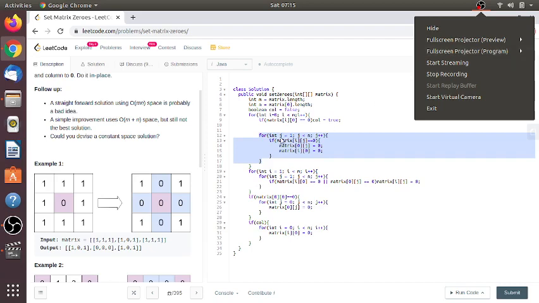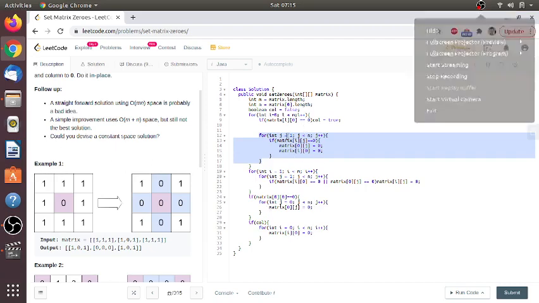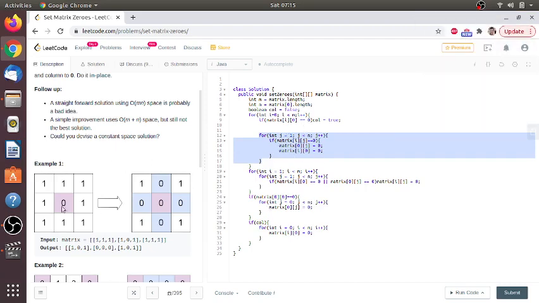Because this first column is only used for all the rows, okay, I got the idea. If it is 0, it simply means the row corresponding to this cell and the column corresponding to this cell will be reset to 0.